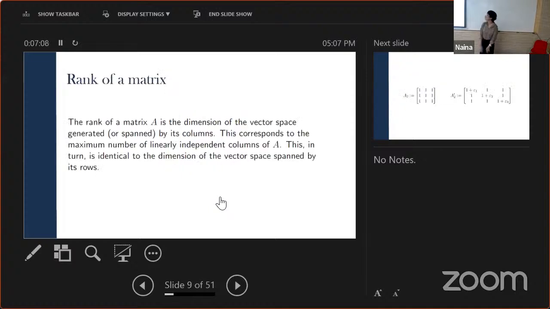And so moving on, we define this concept of the rank of a matrix. The maximum number of columns that are linearly independent is what we define as the rank of a matrix. In some sense, the rank of the matrix gives us an idea of the degeneracy of a matrix. You can say how degenerate a matrix is based on the rank, because at least those columns are invertible.